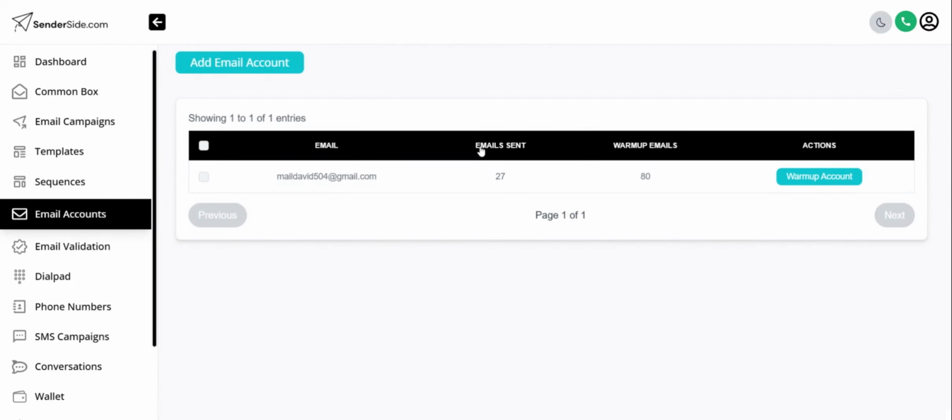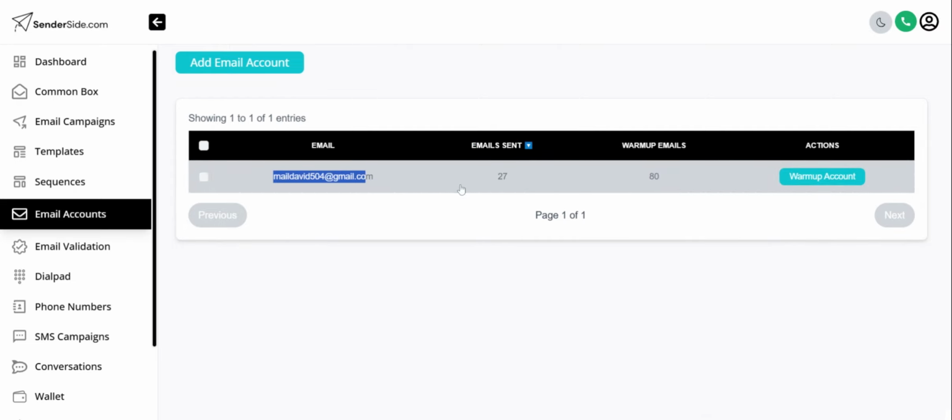And then you can see email sent. What email sent means is how many emails are sent using this email account, not the warm-up emails. Warm-up emails are different. The email sent is the total number of emails that you sent using email campaigns using this email. Okay, as soon as you have connected your email account, the second thing you could do is come here